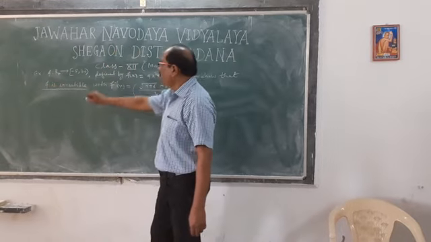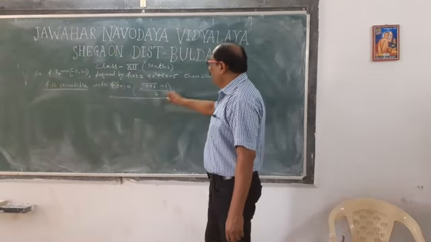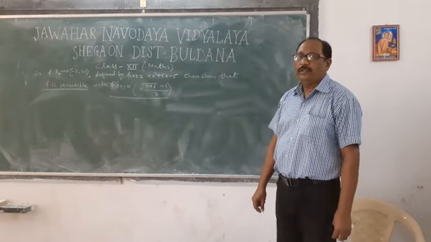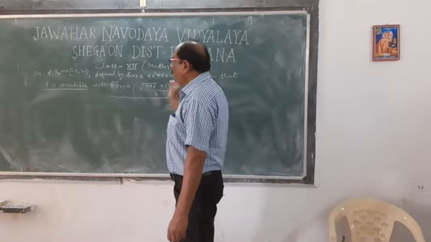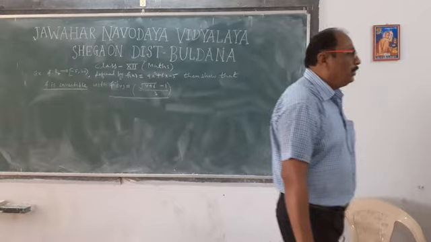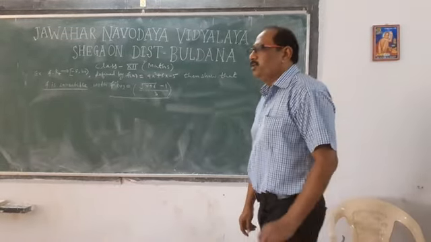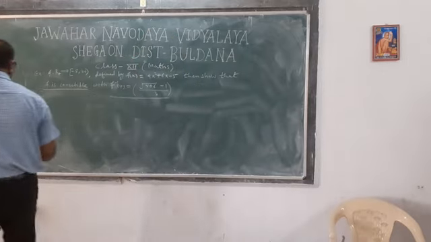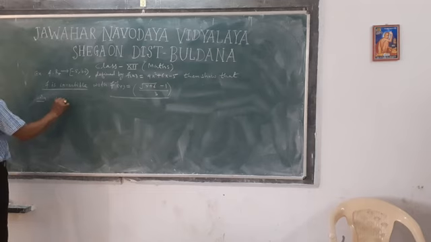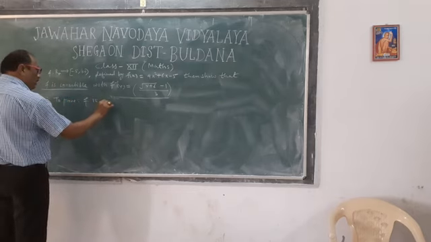Then show that the function is invertible with f inverse of y is equal to square root of y plus 6 minus 1 upon 3. We have to show that the function is invertible. What do you mean by an invertible function? An invertible function means the function should be one-one and it should be onto. Means, to prove the function is invertible,